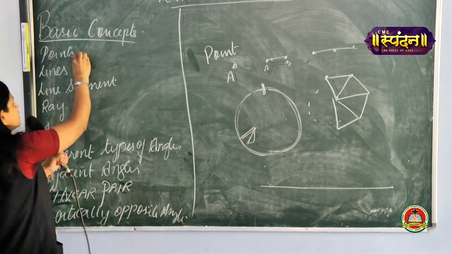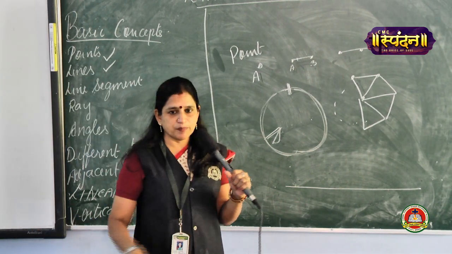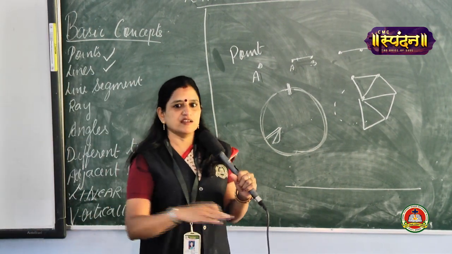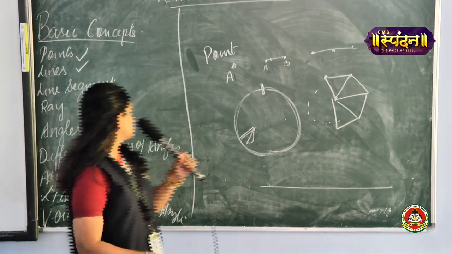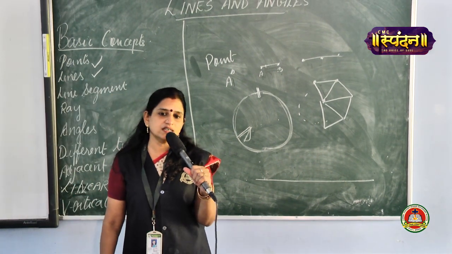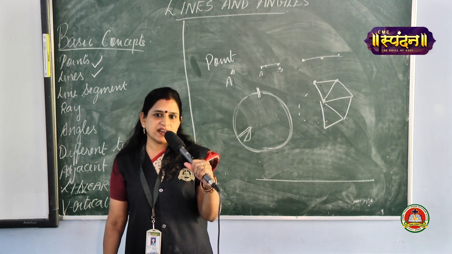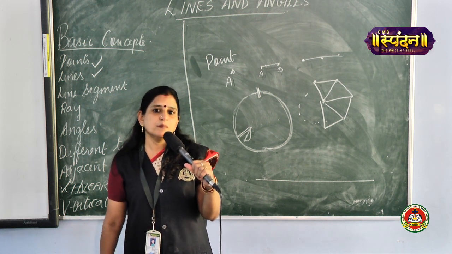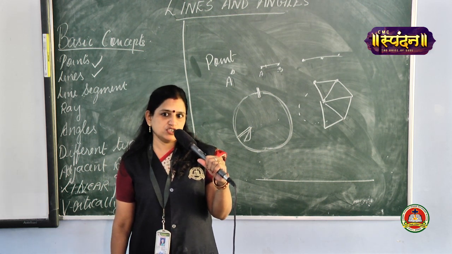So you understood what is a point now. What is a line? A line is nothing but a straight path which extends indefinitely in both directions. Let us understand the earlier concepts you have learnt in your earlier class, that is the basic concepts of line segments, ray, etc., using the PowerPoint representation. Let me show you the PowerPoint representation now.